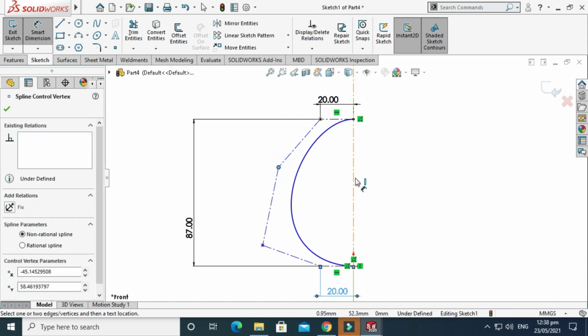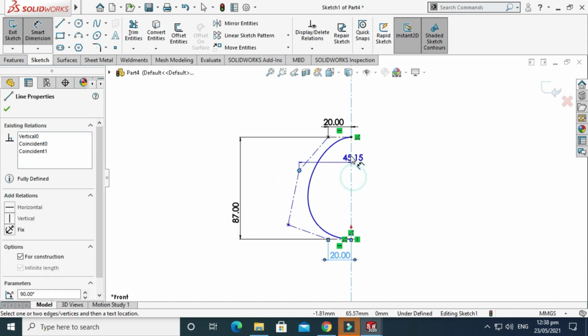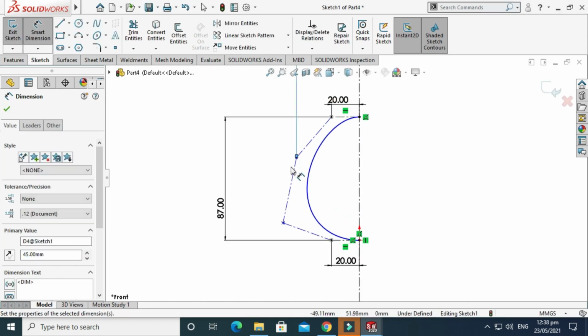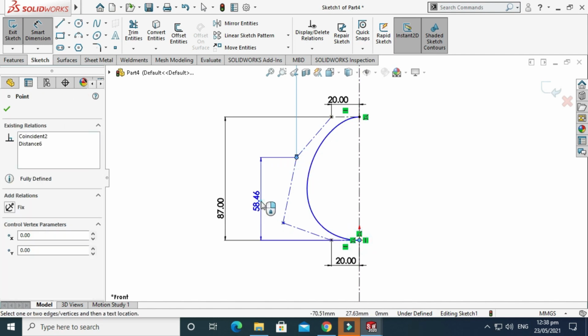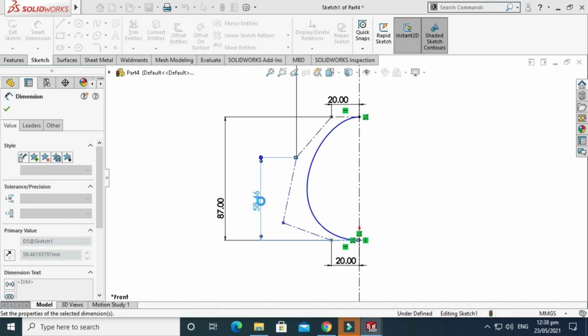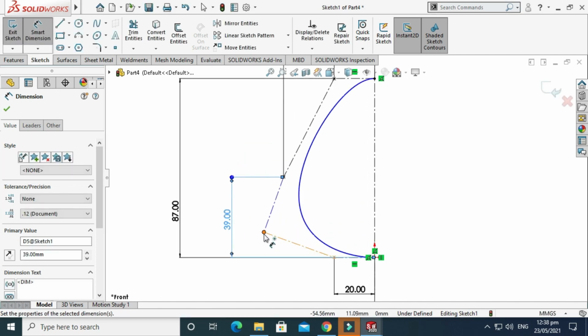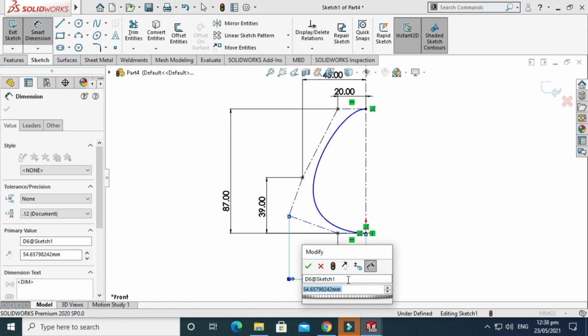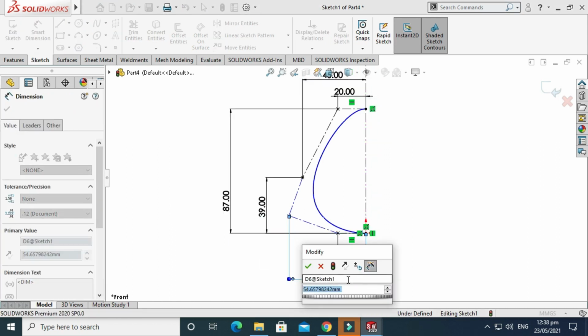And next this dimension from this point to this line will be 45 mm, and the dimension from this point to this origin from the vertical side will be 39 mm, and next the dimension from here to here will be, let's say, 38 mm.